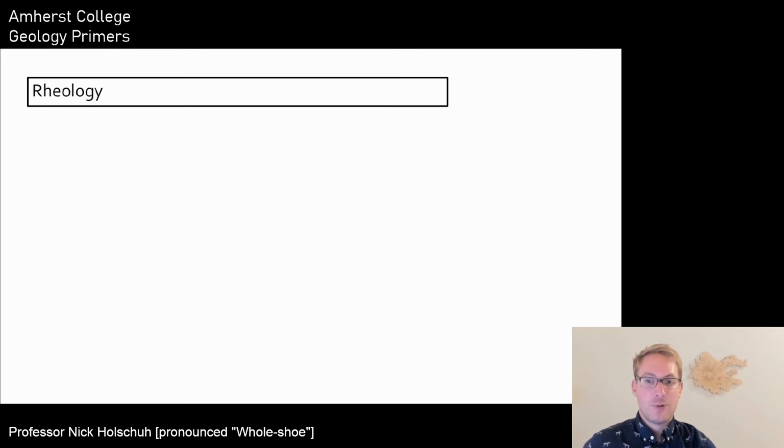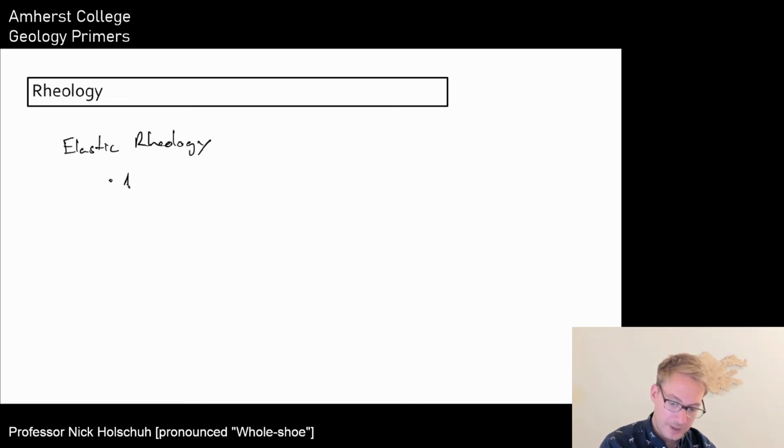The last thing I want to define for you is an idea of rheology. So we talked about a constitutive relation. Elastic materials, the strain is proportional to the stress. If you apply a fixed stress, the body will change its shape and then stay at its changed shape until you release that stress, and then it will go back to its original shape. So here we have these elastic rheologies,